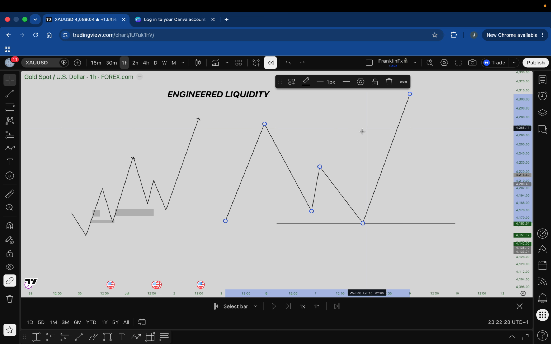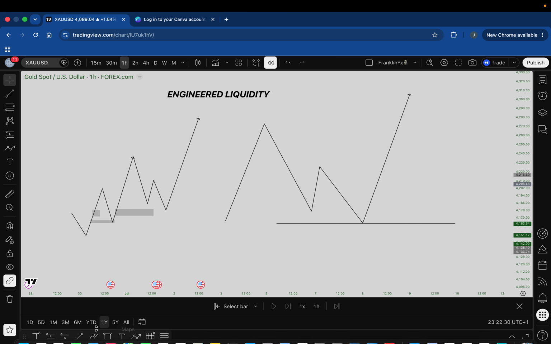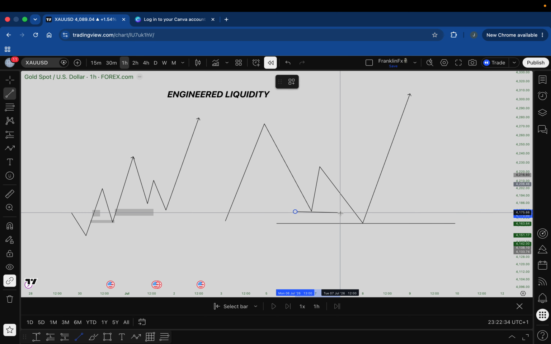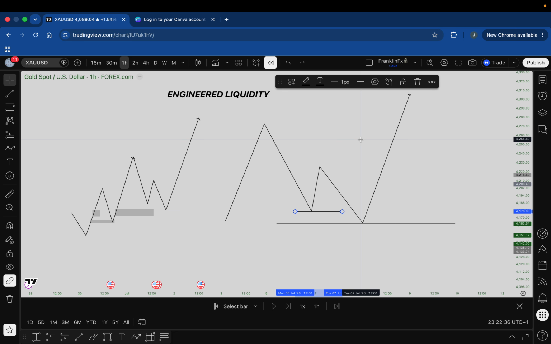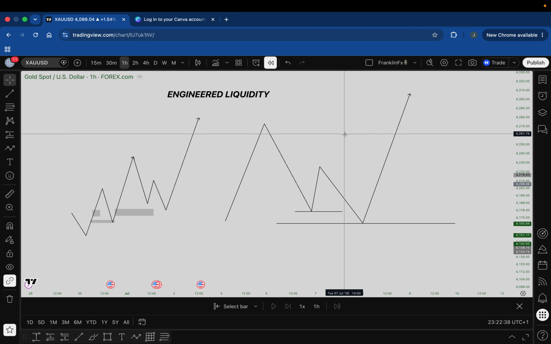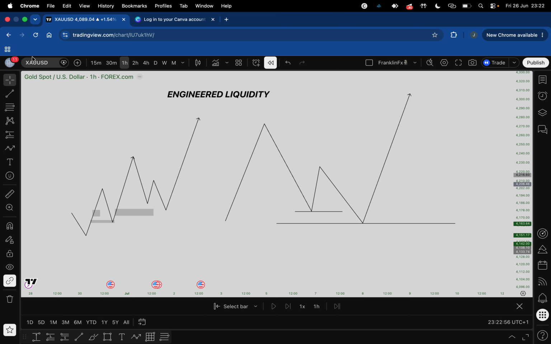We get this. So this particular thing here, this manipulation here, is what we call engineered liquidity. I'm going to show us a chart example quickly, and we are going to end this video, because my intention is to make this video a very short one, so that it's not going to take much of our time. So let's check GBP USD for examples.